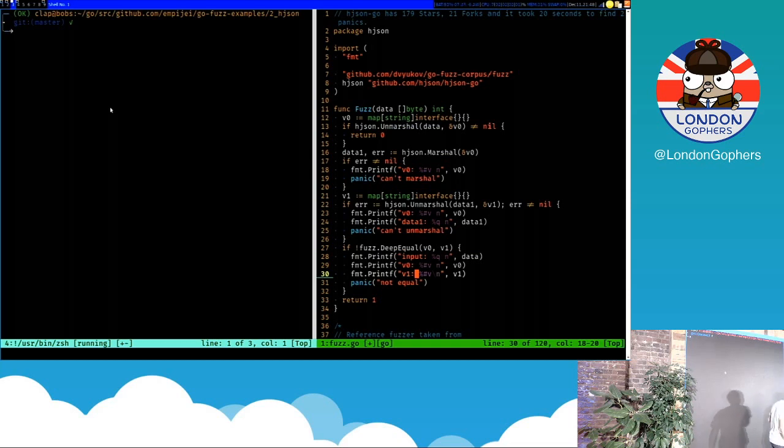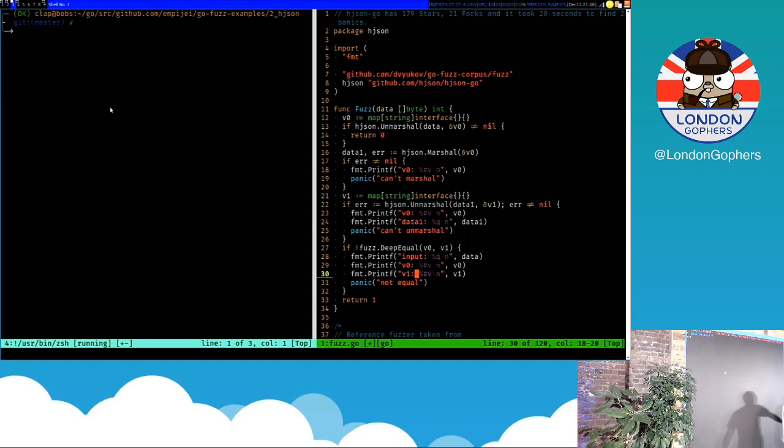What I'm going to do here, I'm going to create a value, and unmarshal the data that I got from the fuzzer into it, then marshal it back. If I can't marshal it, but I just unmarshaled it, that's wrong. I mean, I read it, why can't I write it? I mean, I'm dyslexic, but my code is not. And then I'm going to take another value, and unmarshal it again, and I'm going to compare those values. So, you give me A, I marshal it back, and I expect the two representations to be identical.